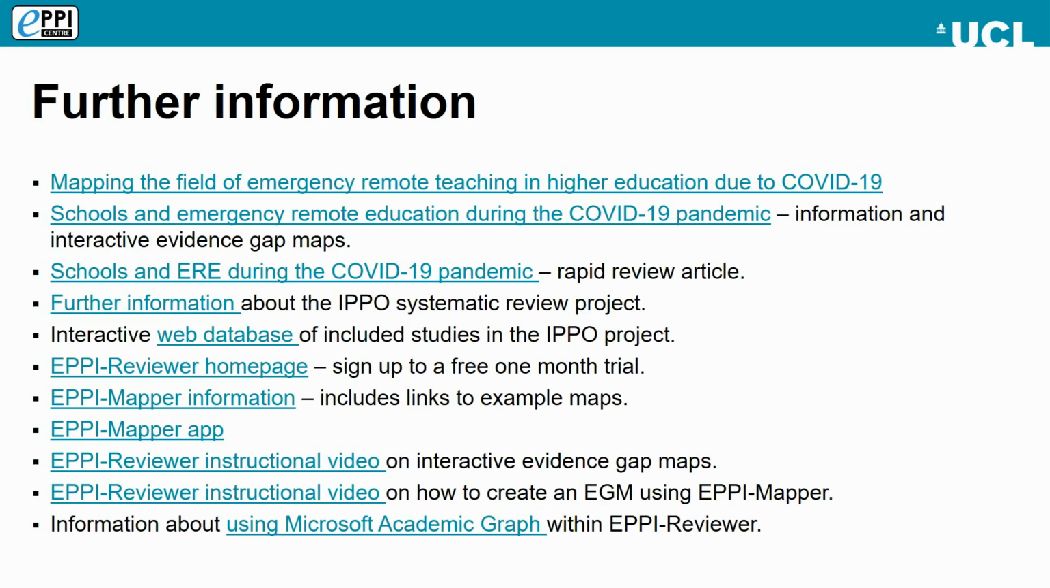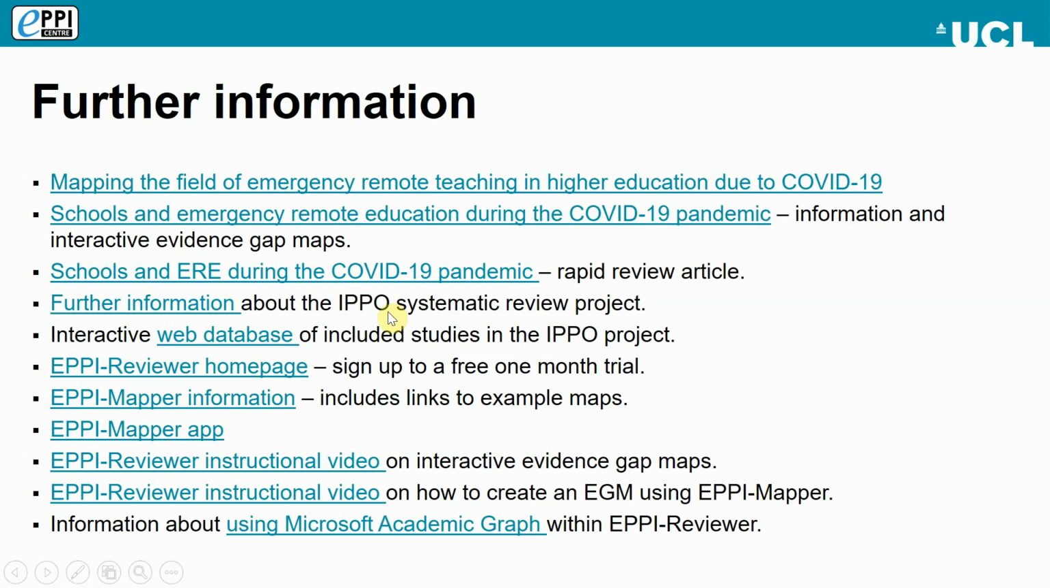Okay, I have some further information available to you here, and I'll probably also add a few more before I send a copy of the slides through. Please feel free to have a look at the systematic reviews that we've been doing. Have a look at some of those interactive evidence gap maps, because they're a fascinating and really accessible way for people to be able to share their results, but also to explore some of those research gaps that have been identified. We've also got further information about the systematic review project that we did on secondary schooling during the pandemic,